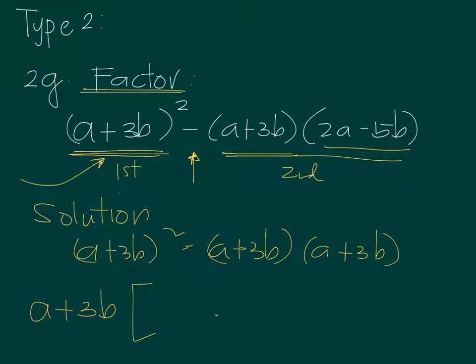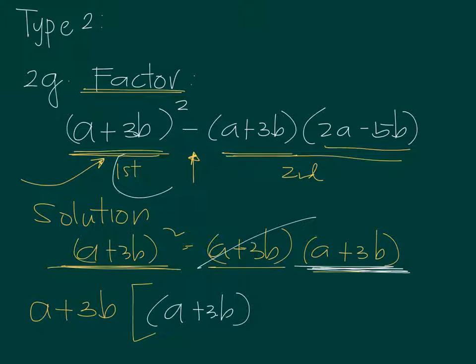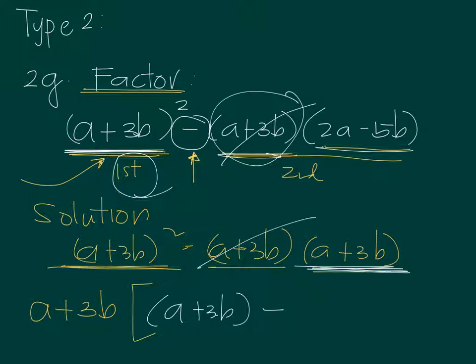group, remember this is (a + 3b)², is a + 3b and a + 3b. If we factor out one of them, then you still have the a + 3b remaining. So that means you have a + 3b, that's the remaining for the first group. And then for the second, if you factor out the a + 3b, you have 2a − 5b as the remaining expression. But note, if we factor out a + 3b here, we have a minus sign, so this minus,